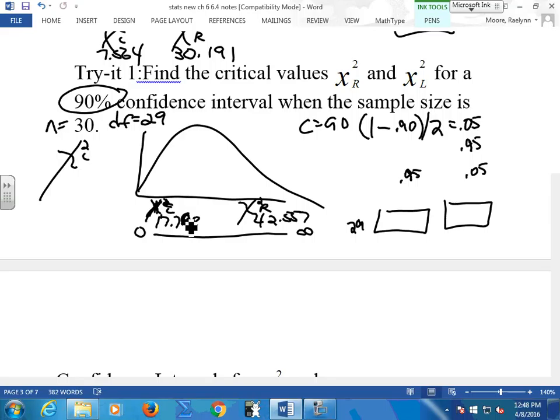0.95? I got it. 1708. 708. That says 557. And that says 42.557. Can you guys find that on your charts? I can. Yeah. Okay? So everybody find me